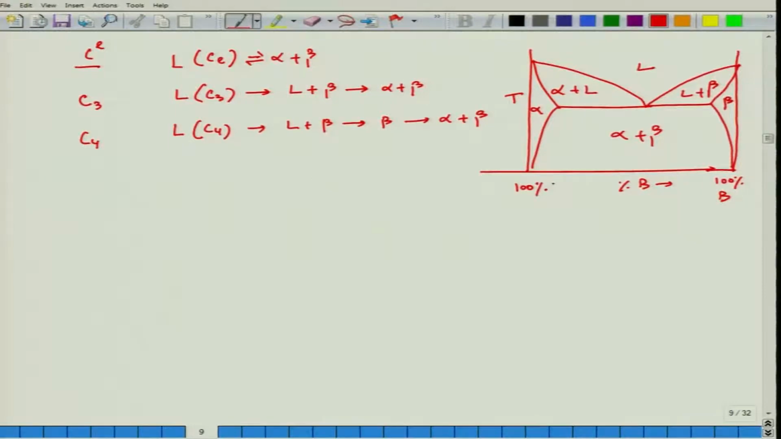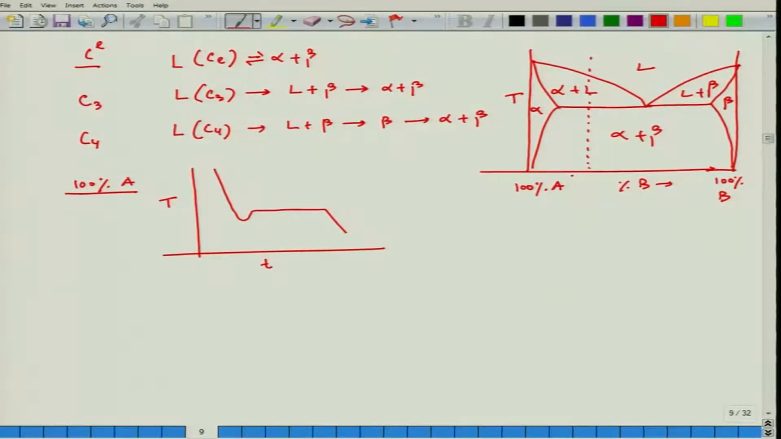If we see 100% A, that time I will get a cooling curve pattern same as like this, because it is a pure metal. Now, if we have a composition like this one, that time I will have a cooling curve pattern